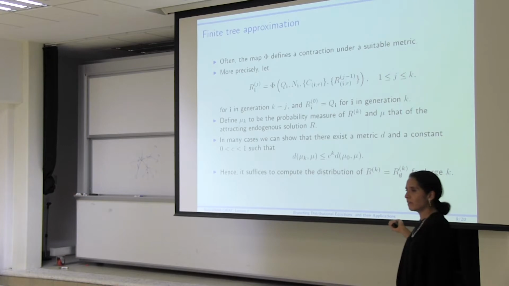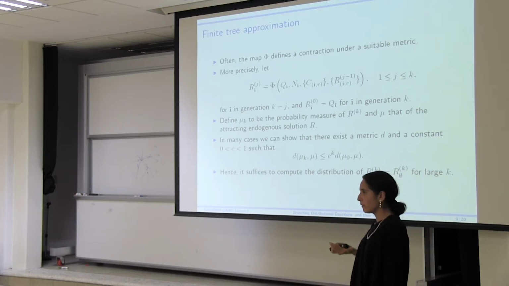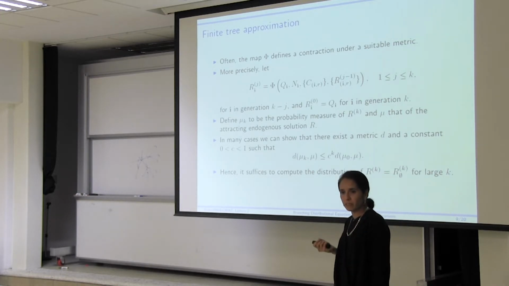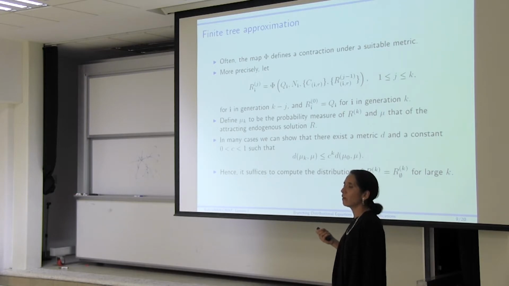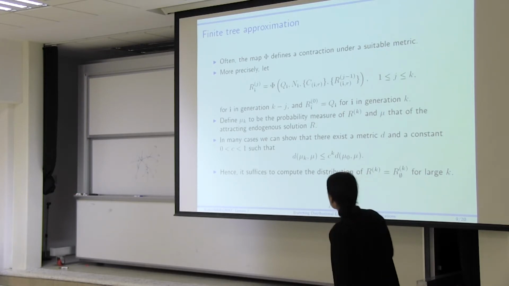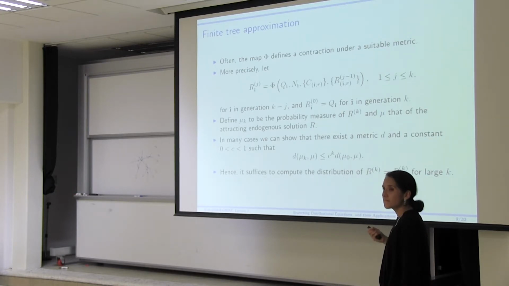Because usually what happens in practice, and I think Arnaud also mentioned a little bit about that, is that many times the map itself defines a contraction, if you're lucky, under some metric. Sometimes the metric under which it has a contraction is not that obvious. For example, Quicksort satisfies a contraction in the Wasserstein metric of order 2, but not 1. PageRank usually satisfies it for the Wasserstein metric of order 1. So this is like exponential ergodicity in some sense.